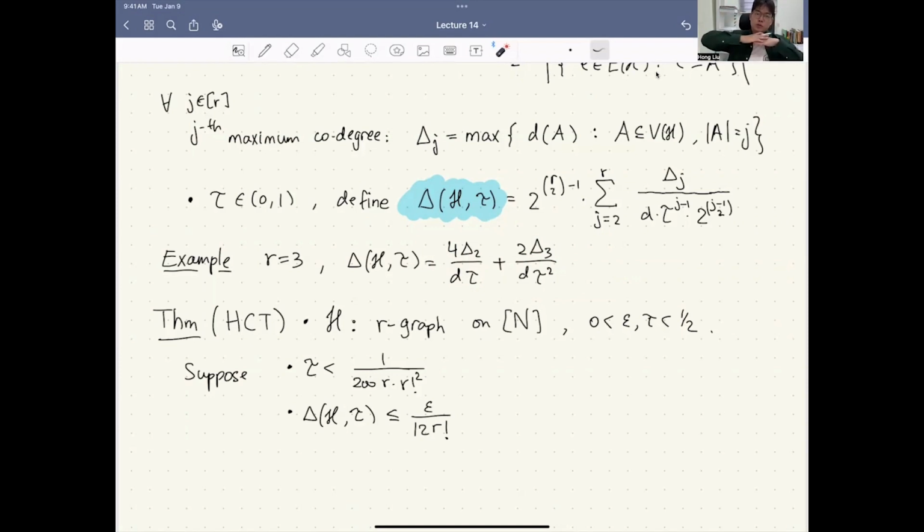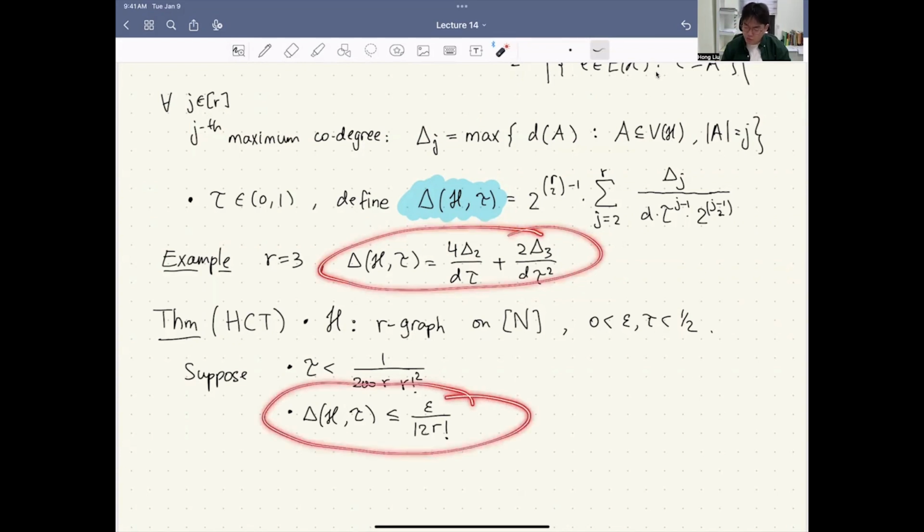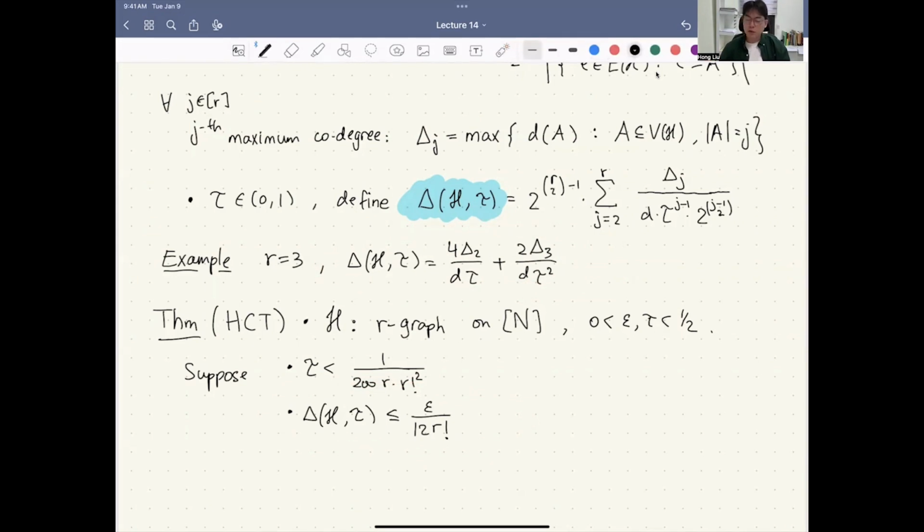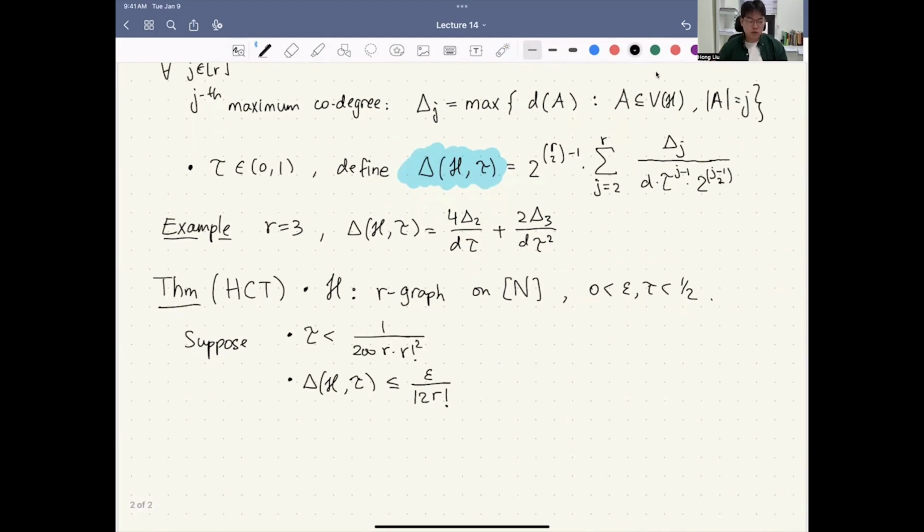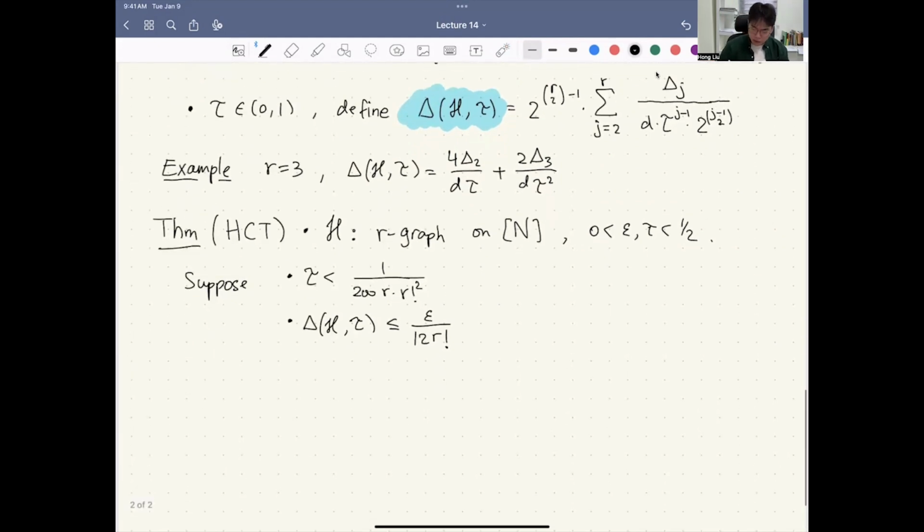So which says basically, roughly, that the edges of the graph are smoothly distributed. You don't have any part that's particularly dense, because if you have any part particularly dense, then this subset of vertices here will have huge codegree, which is forbidden here. All right, so we have a hypergraph where the edges are smoothly, uniformly distributed. Then we have a clustering phenomenon for the independent sets, meaning we have a collection of containers for its independent sets. Now, if this is true, then there exists a constant C,